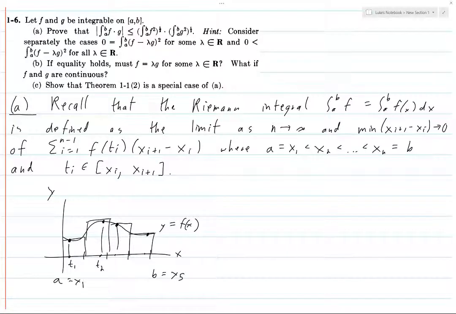So that's how we interpret the sum. Sometimes this x_{i+1} minus x_i is written as delta x_i. It doesn't matter. But if you take the limit, the idea is that if you take such a partition where you go from x_1 to x_n, if you make finer and finer partitions, meaning that n gets bigger and bigger, and you make sure that you're breaking up